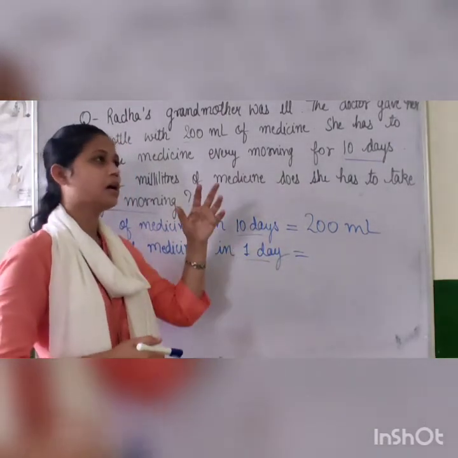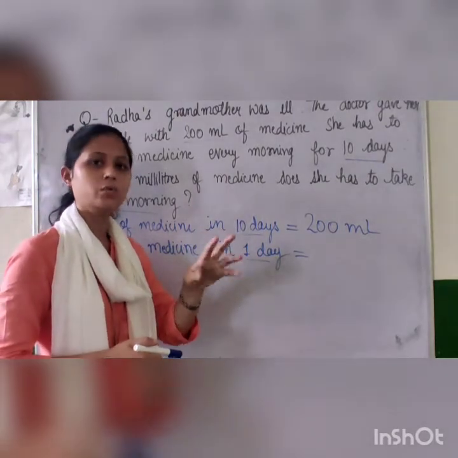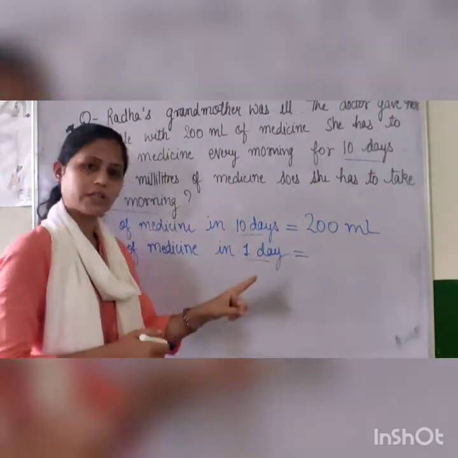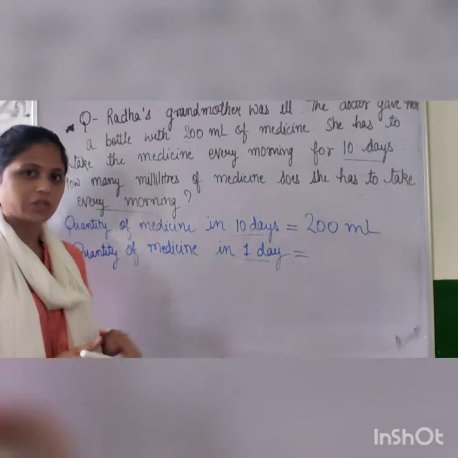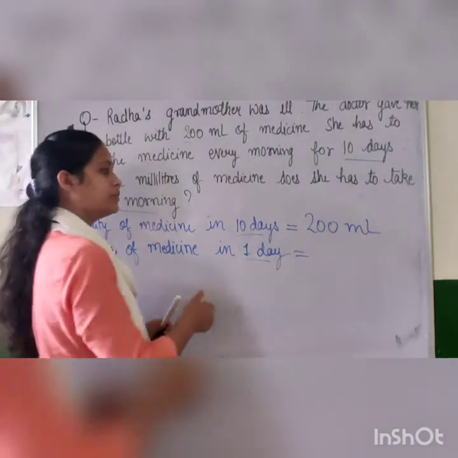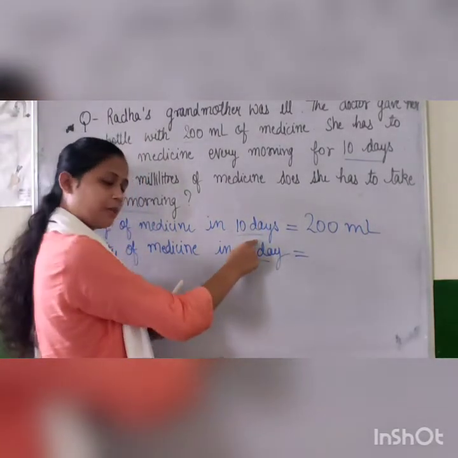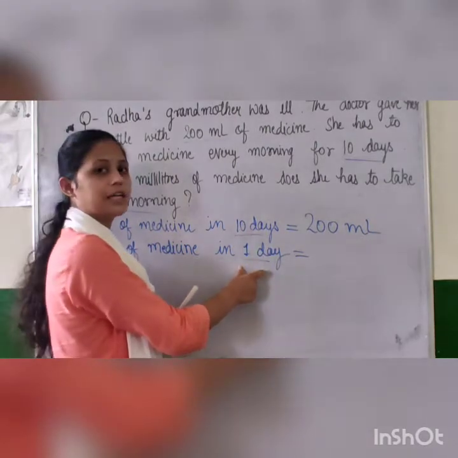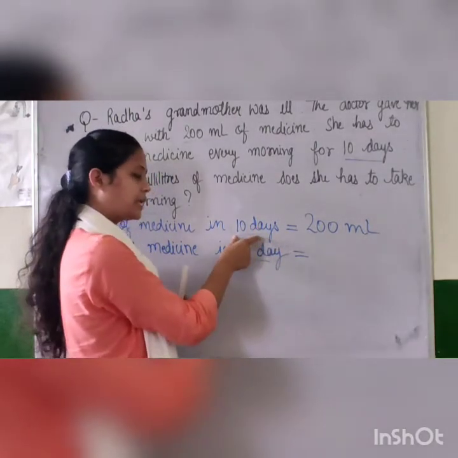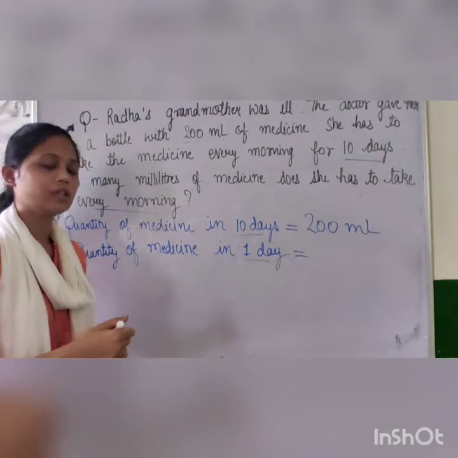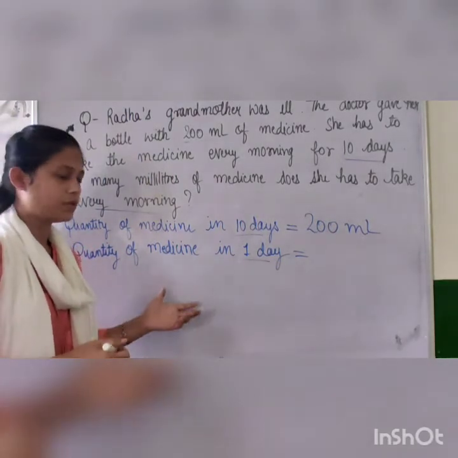ठीक है, जब हमें 1 to many जाना होता है, we do multiplication. But यहाँ पे हमें many to 1 जाना है. That is opposite of multiplication. That will be division. So here we will do divide. Okay, हमें big amount के लिए given है, हमें small amount के लिए निकालना है. So जब हमें bigger के लिए given होता है, smaller के लिए find out करना होता है, then we do division. So here also we will do division.